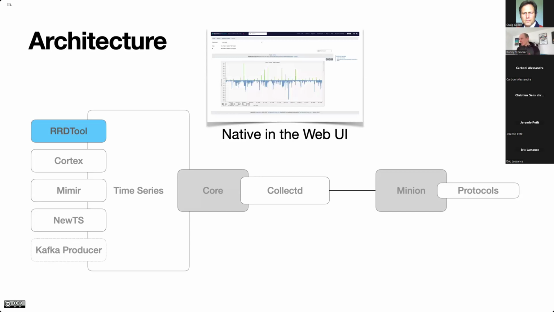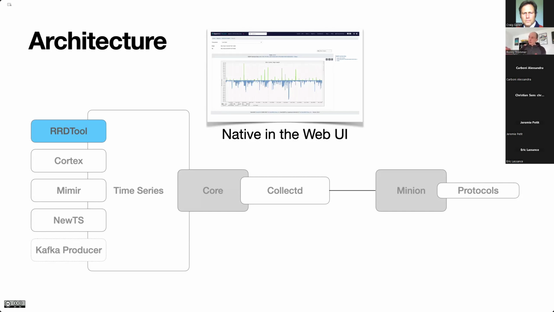Okay. So how do you look at the performance metrics? There are two ways to look at performance metrics. One is natively in the web UI, where the templates or the graph definitions are coming from RRDtool, which is a pretty old, pretty mature open source project to store and visualize performance data.